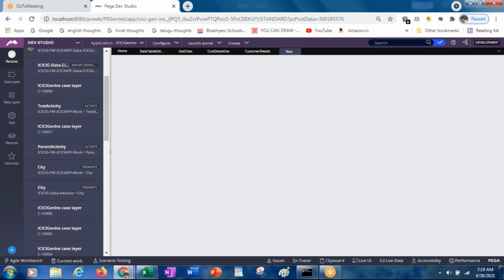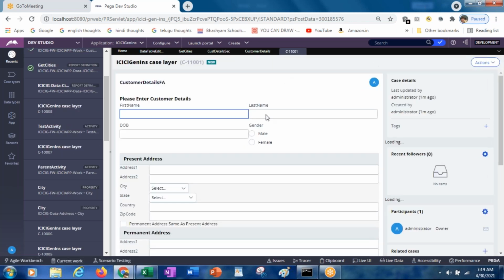Once you run, we will be able to see the values you are entering in the clipboard. So by going to the clipboard also you can refer to where exactly the values you are entering will be stored.